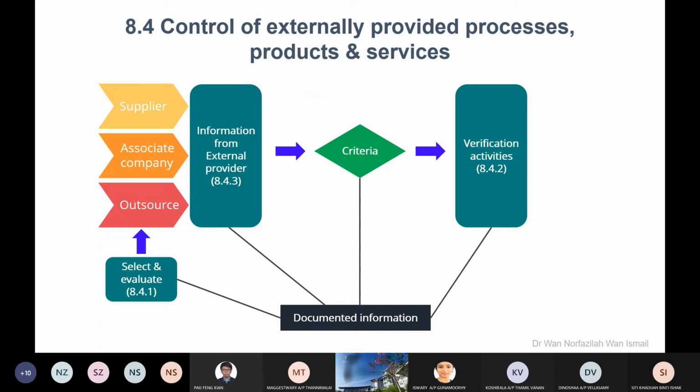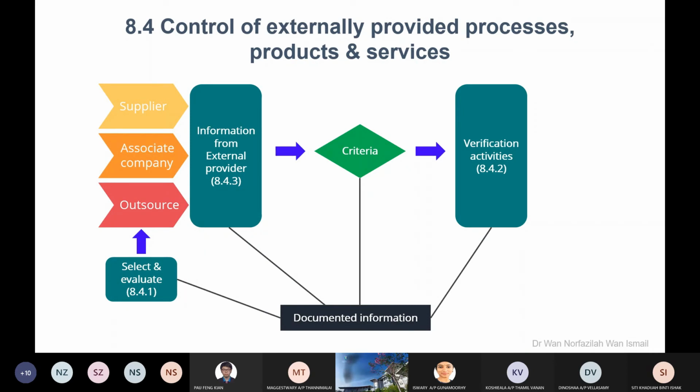For the other 2, you can outsource to another company or associate company to do the testing using another 2 equipment. So they are external providers. External providers are not only for raw materials but for anything involved during the process to produce the product and also to provide the services. Okay, I hope you're clear on that.